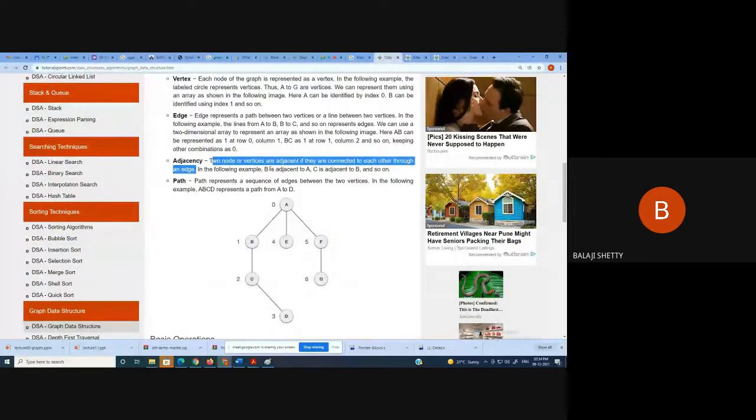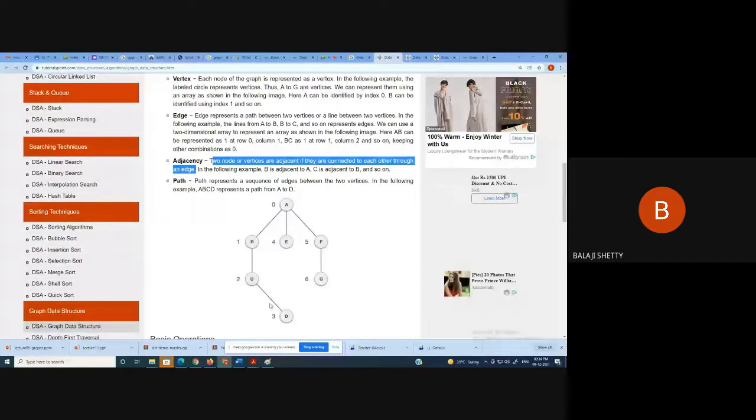In the following example, B is adjacent to A, C. So here, B is adjacent to A, B is adjacent to C, and C is adjacent to B. Clear? And path.